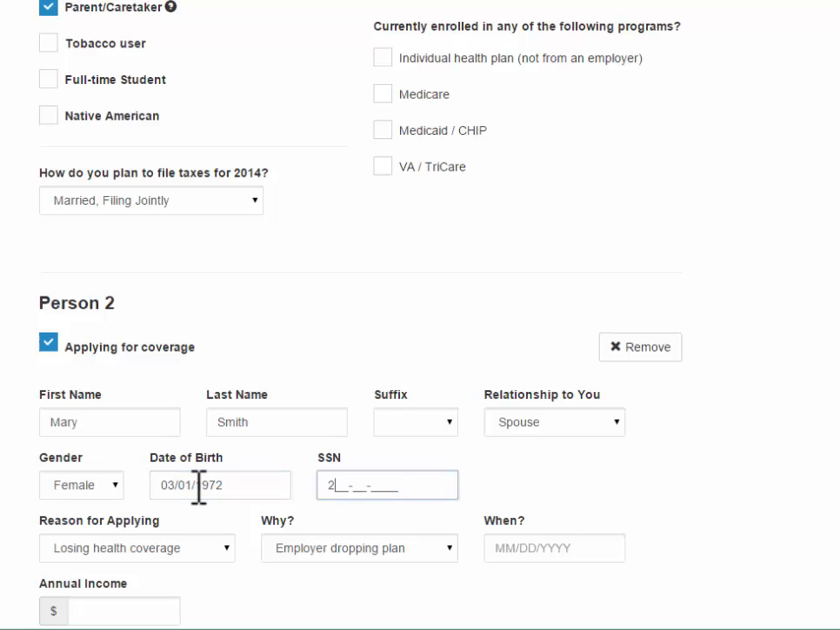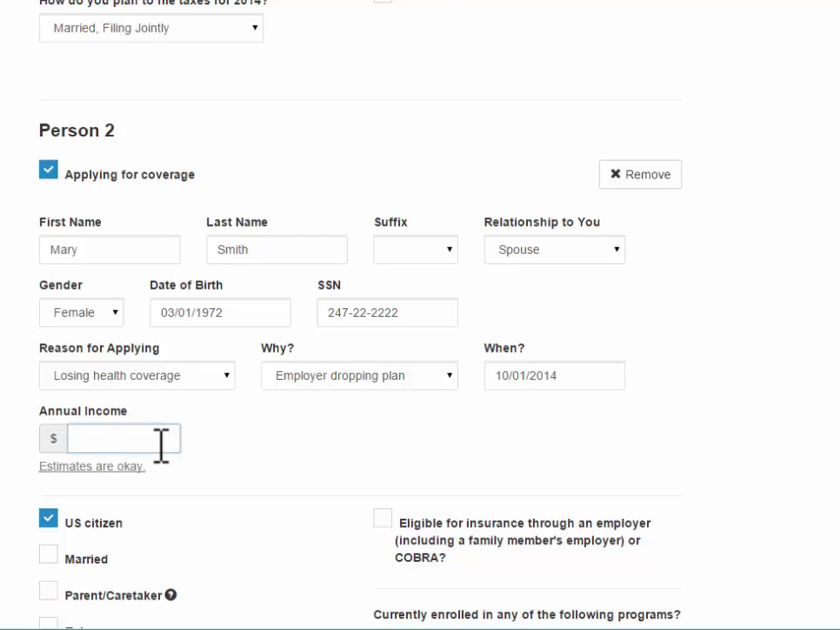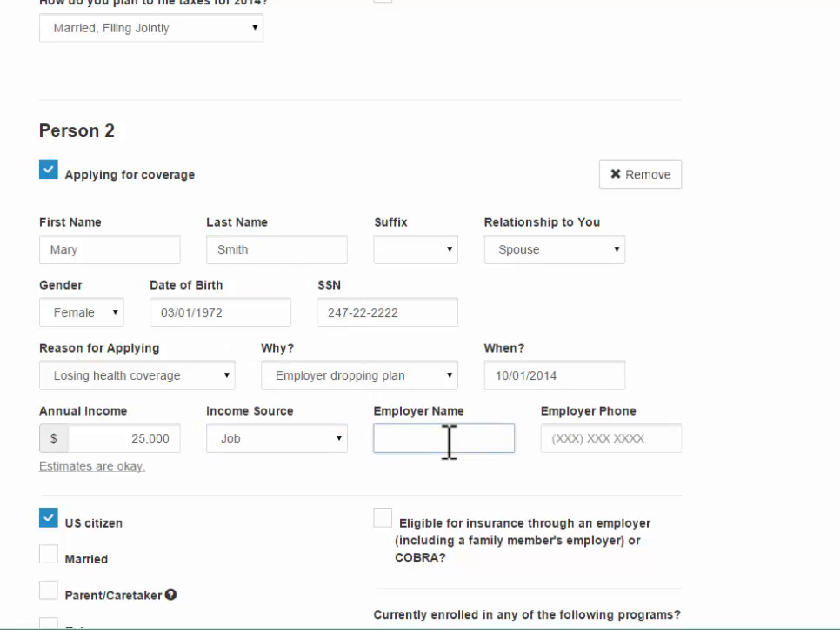Okay, and her Social Security number? 247. Okay, we'll put in a dummy number. And reason for applying, again, this is special enrollment. You're going to need to put a date in here if you see this. Typically during open enrollment, it should not be there. Okay. And how about Mary's annual income? Yeah, Mary's annual income is $25,000. Okay, so we're going to enter that. We need to know where that came from. We're going to say that was her job, and we're going to say her employer's name was XYZ Company, and that phone number is